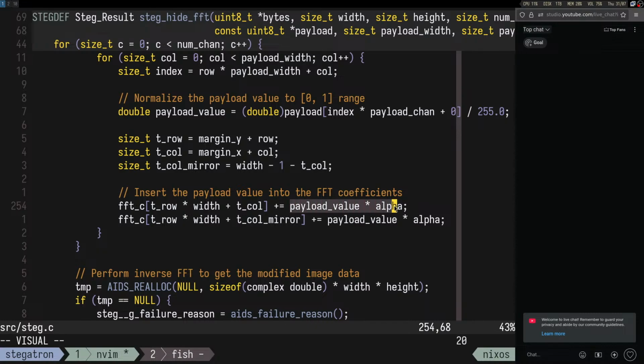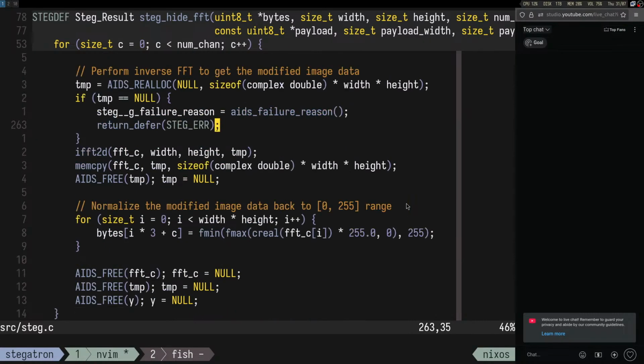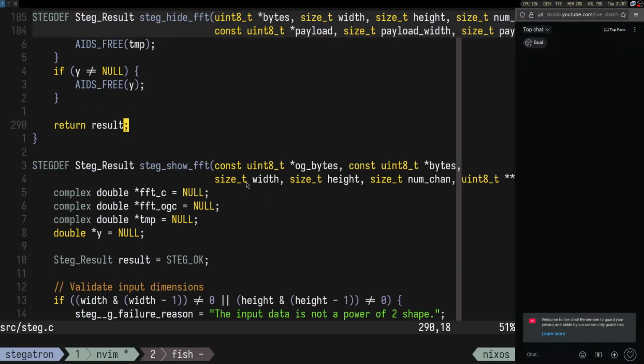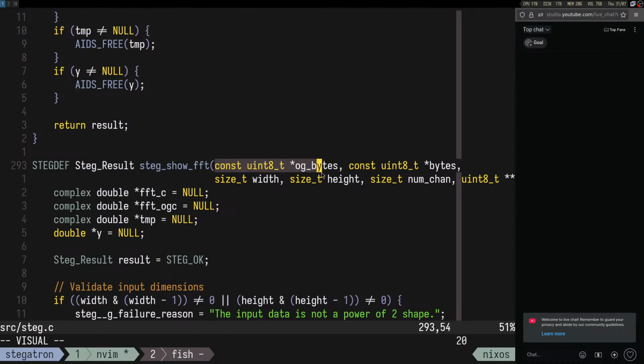But here, if you think about it, we just add a random number to our signal. So it's like, okay, but how do you actually get the information back if you just add this random number? And the idea is that with FFT, from what I researched, usually people use the original